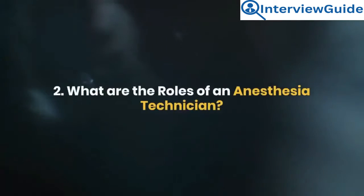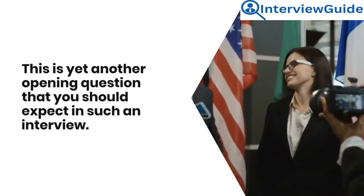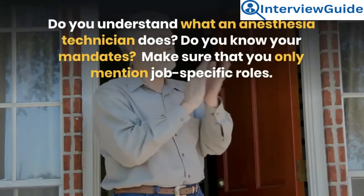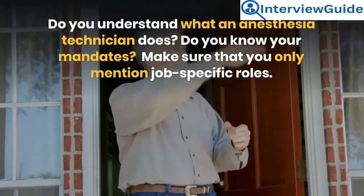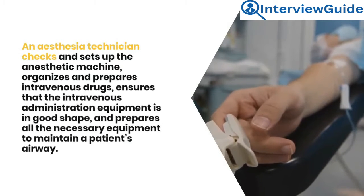2. What are the roles of an anesthesia technician? This is yet another opening question that you should expect in such an interview. Do you understand what an anesthesia technician does? Do you know your mandates? Make sure that you only mention job-specific roles. Sample answer. An anesthesia technician checks and sets up the anesthetic machine, organizes and prepares intravenous drugs, ensures that the